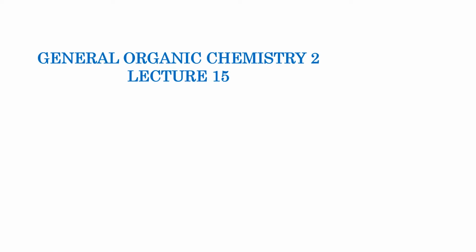Today we are going to begin with GOC Part 2, lecture number 15. GOC Part 1 was a detailed discussion on nomenclature of organic compounds, a very important thing in the naming of organic compounds, without which you cannot just move forward. So in case you do not have your concepts very strong, please do watch those lectures. We have built them in a very detailed manner so that you do not miss anything.